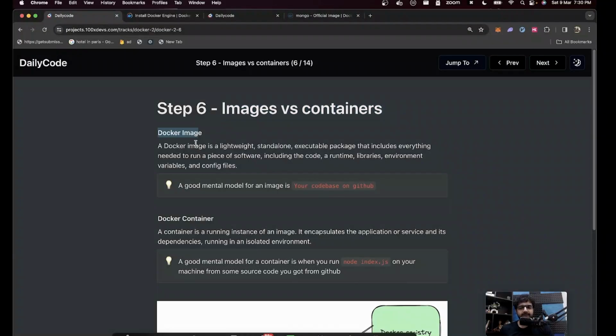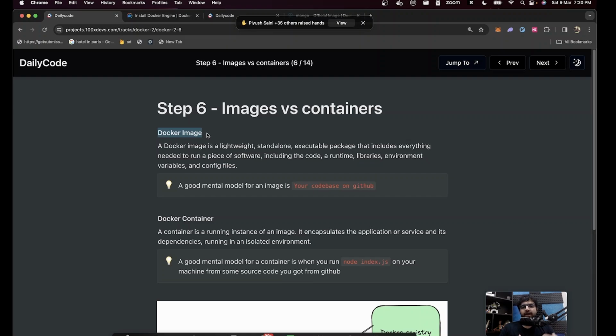A Docker image is a lightweight, standalone, executable package that includes everything needed to run a piece of software, including the code, a runtime, libraries, environment variables, config files, everything you need to run MongoDB packaged together is what's called an image.